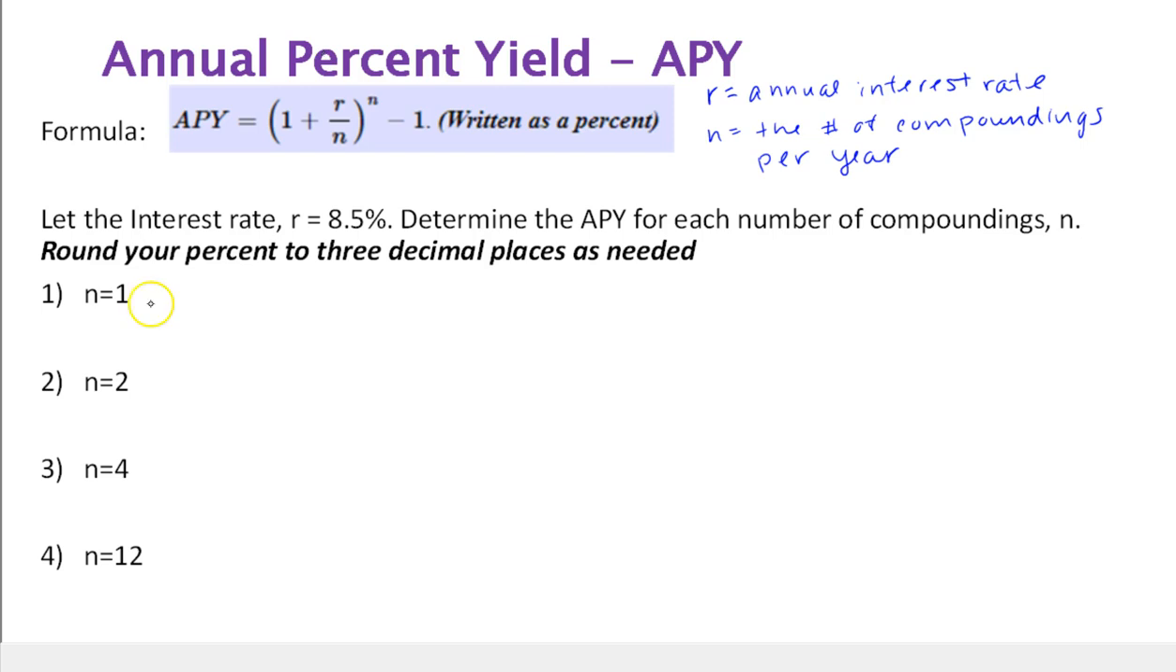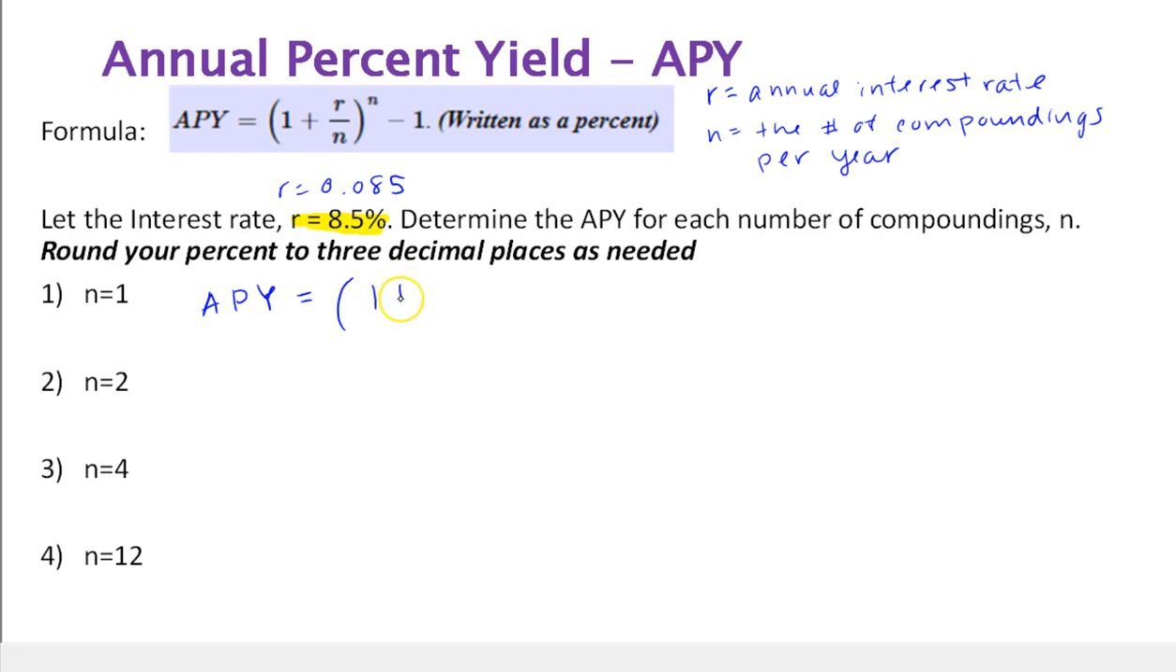So let's compare some of these. We're going to look at annual compounding, semi-annual, quarterly, and monthly. So we're given that n equals 1, and we're told here that the interest rate is 8.5%. We're going to write that as a decimal, so that will be 0.085, moving the decimal 2 places to the left, and we're going to round our end results to 3 decimal places. So here, when n equals 1,